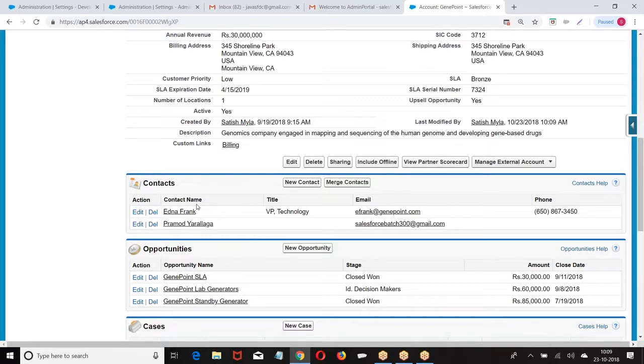So this partner contact can create leads and opportunities. At the end of the day, let it be a partner community or a customer community, you are supposed to log into the community and work. If you are a contact of a partner, you can work with leads, opportunities and campaigns. If you are a customer community user, you will not be able to access leads, opportunities and campaigns. As simple as that. I hope you are good.